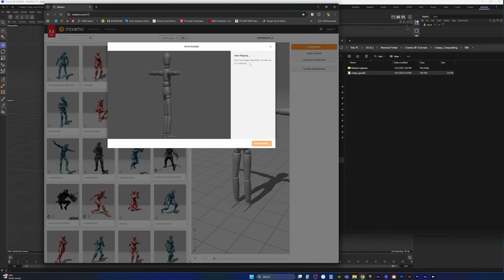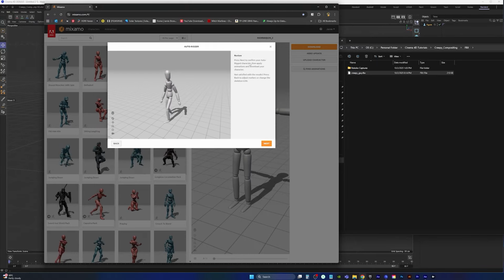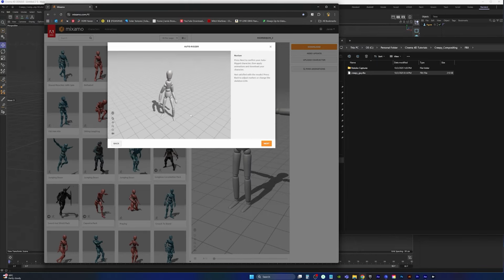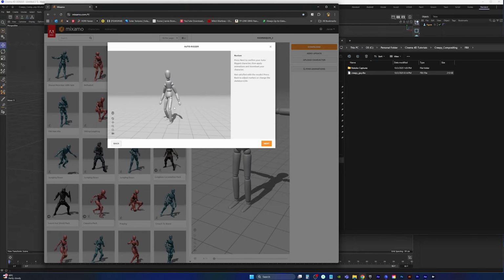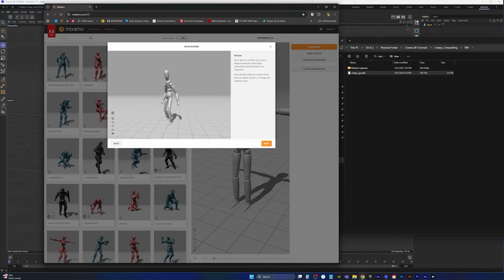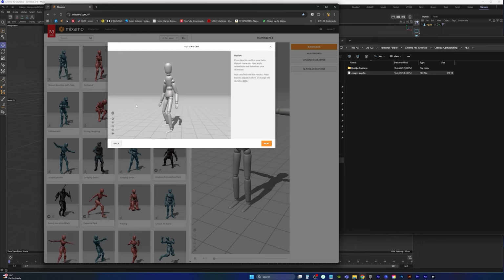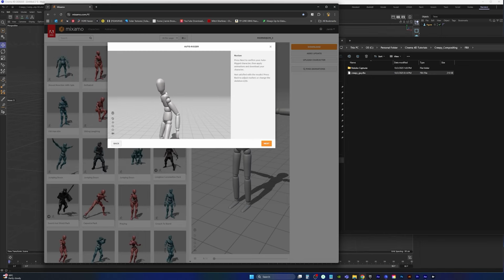So we'll pause the video and pop back in once that's done. Okay, so that looks pretty good. If you're seeing any weirdness on his head, like bending in a weird way, just make sure you're putting all of those markers, like the chin, directly on the chin, because you can get some weird